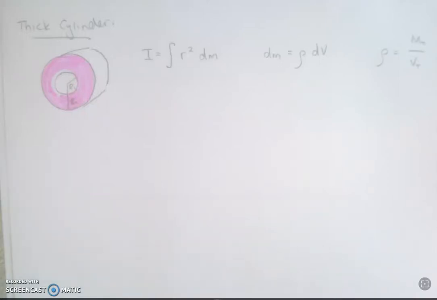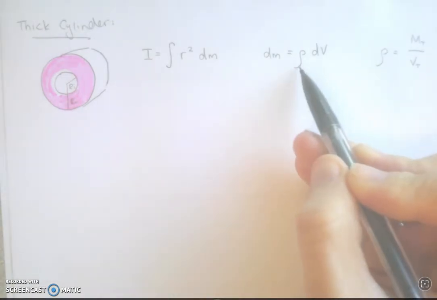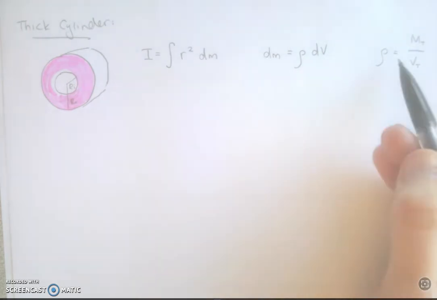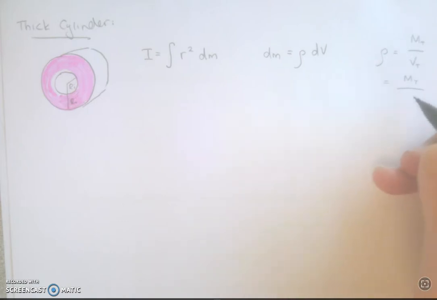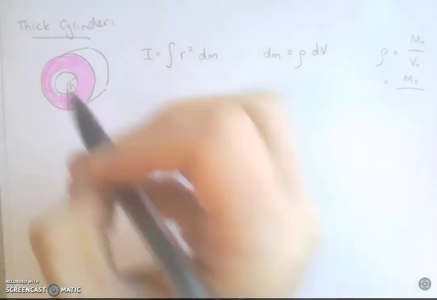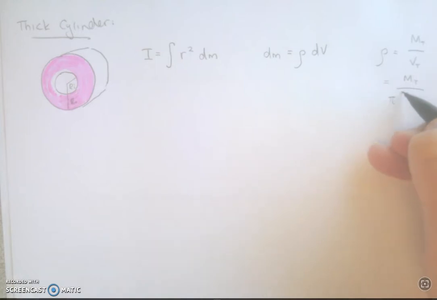The first way of finding the moment of inertia of this thick cylinder is the definitional way. I is the integral of r squared dm, where dm is rho, the density, dV, and the density is in this case the volume density, total mass over total volume, which for a cylinder is going to be total mass divided by the total volume, which is the area of the space times the length. The area is pi outer radius squared minus inner radius squared, pi big R squared minus pi little r squared,